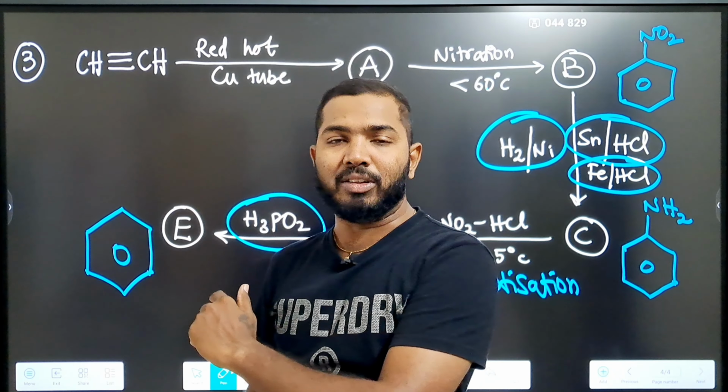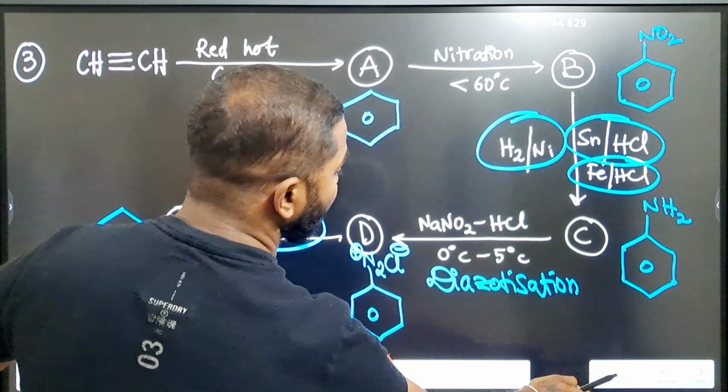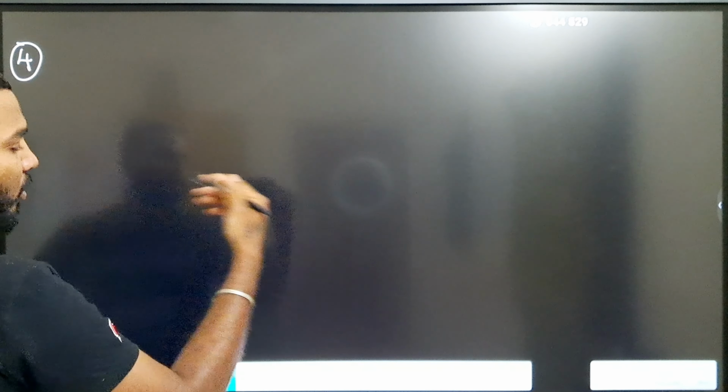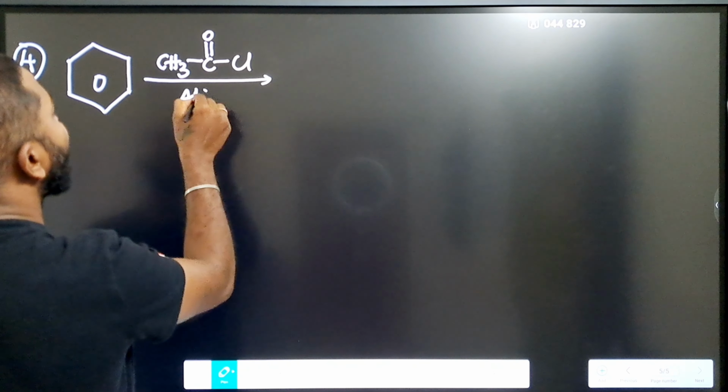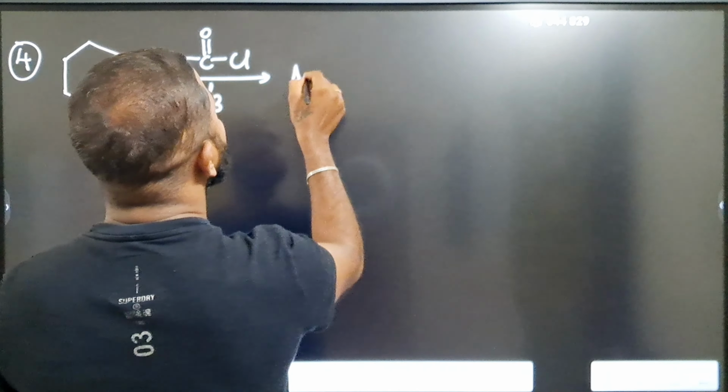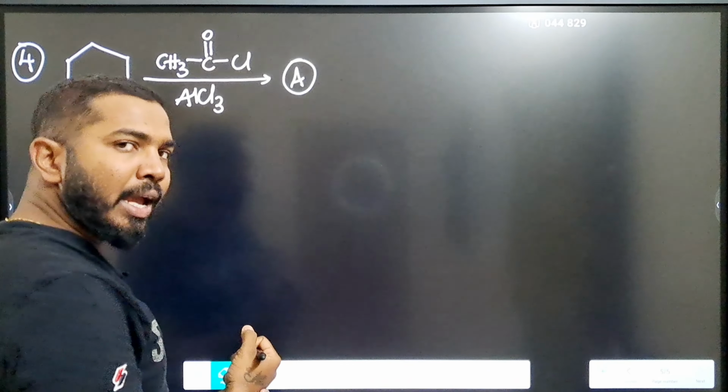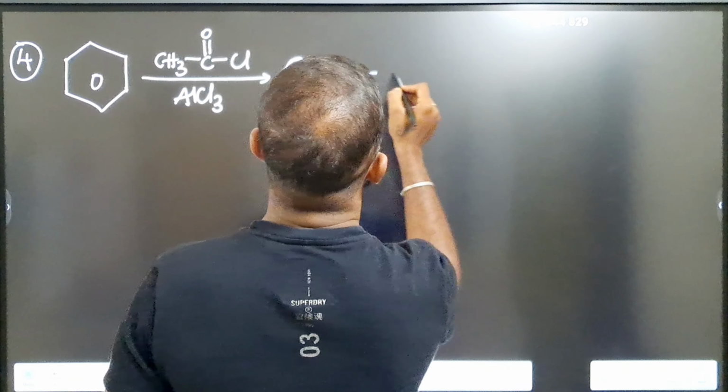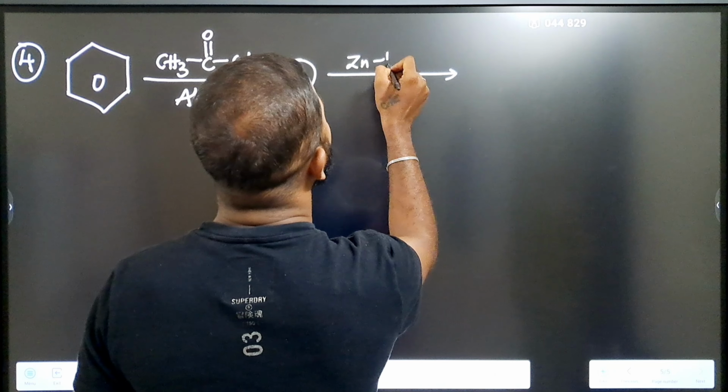Okay, and then let me go with the fourth conversion. So we have got benzene. So let me start with benzene itself. Now I am just trying to take acetyl chloride, CH3COCl, and then AlCl3, and then this is going to give us compound A, and then this further reacts with zinc amalgam